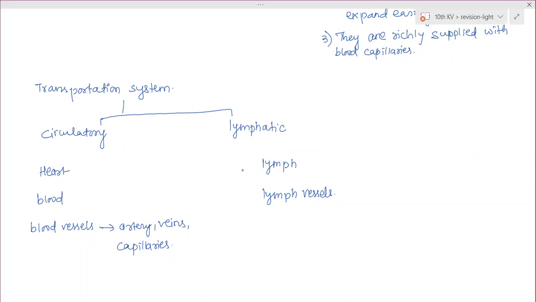When the question is asked, explain the structure and functioning of the heart, then you explain everything. But if the circulatory system itself is asked, then write down heart: the heart is a pumping organ in our body. It applies pressure on the blood, due to which blood circulates easily throughout the body and is taken back towards the heart, which helps in transportation of substances throughout the body. Only in general you are explaining, not in much detail. Don't make it a 2 to 3 page answer, or even 1 full page is not needed.